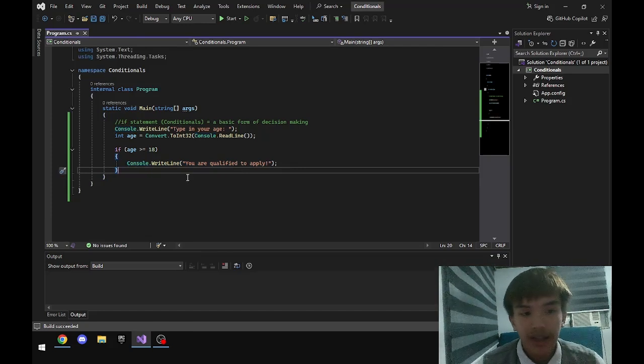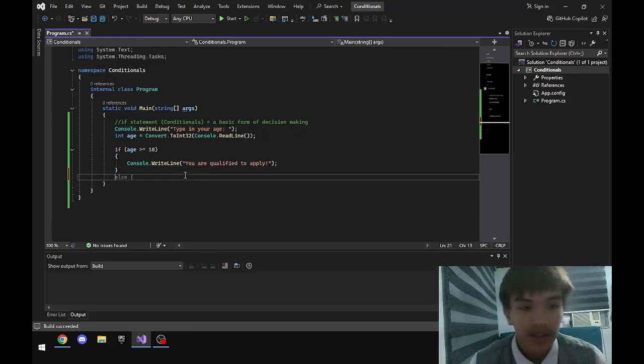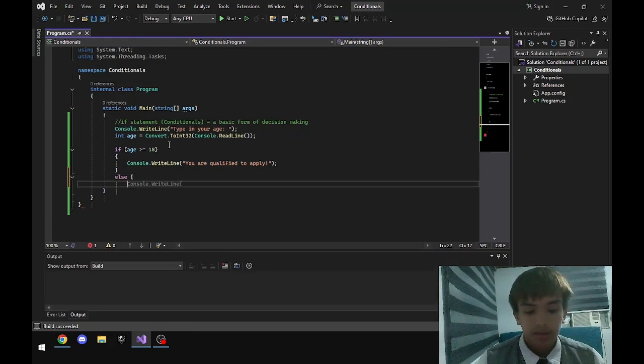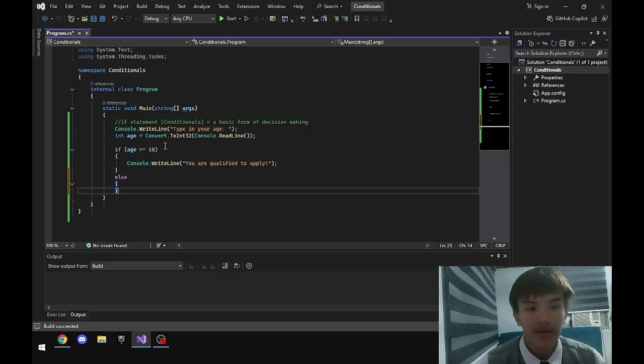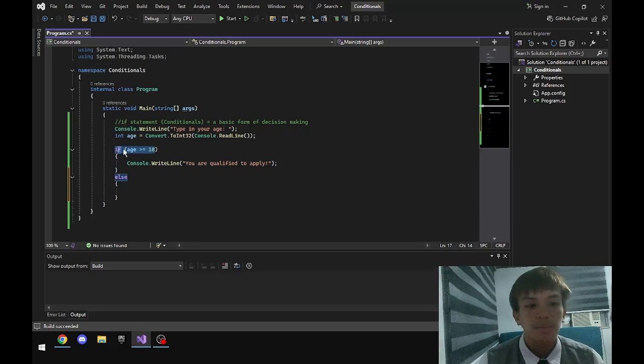So we will next be discussing what comes after if, and it's else. Basically, once this condition is not met, it will move on to the next line of code, which is our else statement.